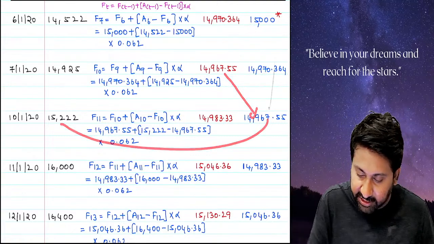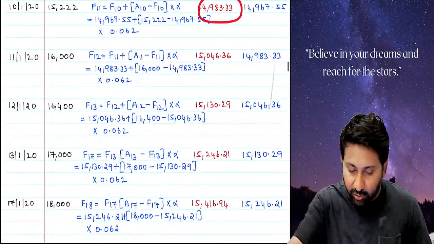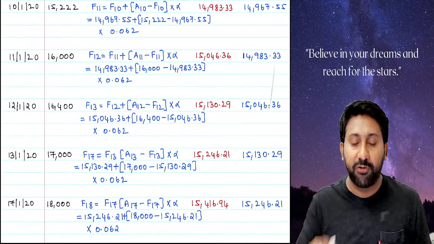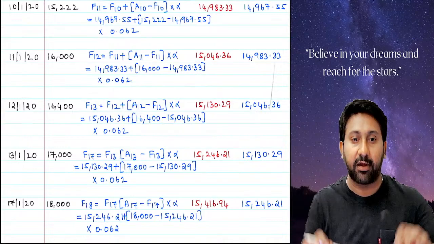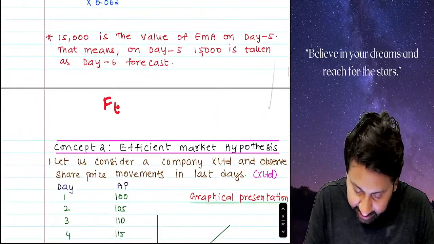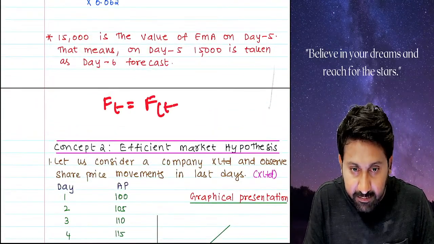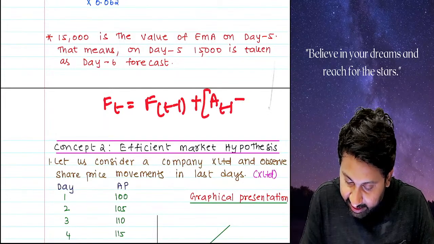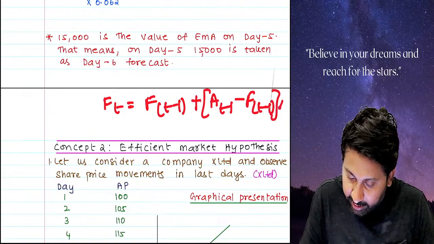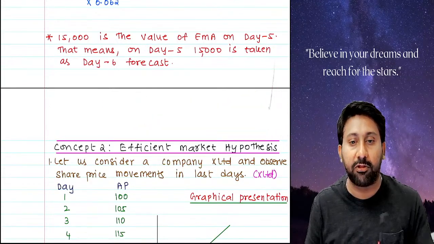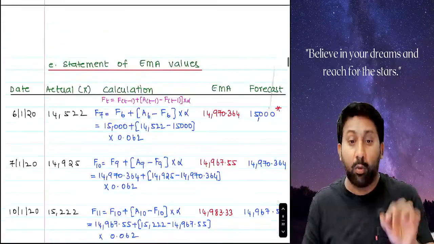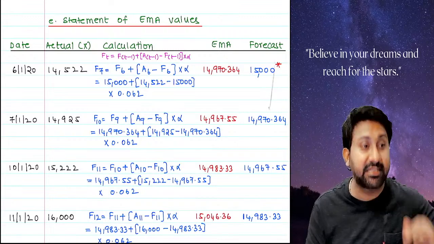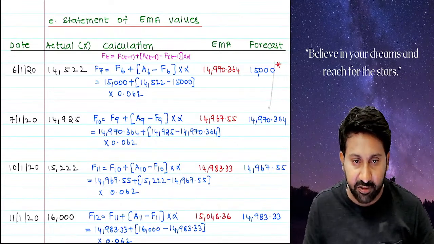Forecast, actual comparison, again you calculate. Like this, you have to calculate for all the trading days. So only remember one thing: the formula. If you have the formula in hand, all the answers you will write correct. Tell me, what is the formula? F t equals F t minus 1 plus A t minus 1 minus F t minus 1, into alpha. If you have this formula with you, any question you will do right. Okay. One last time I am repeating: whenever the question comes on a no trading day, the previous day only will be taken as the forecasting day for the next.